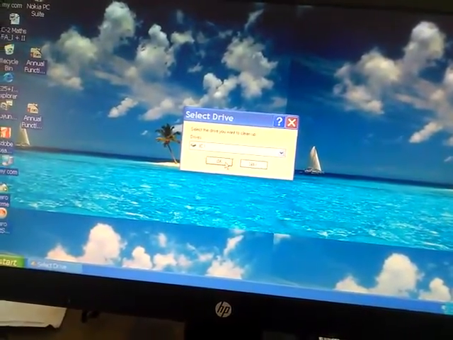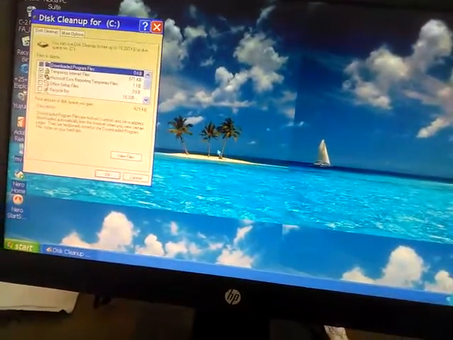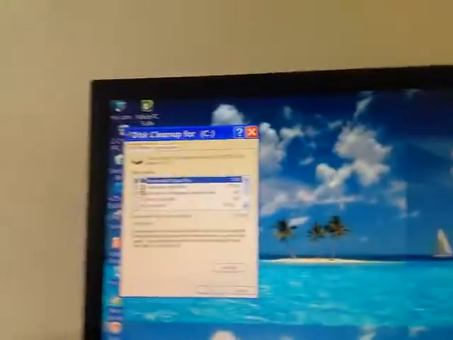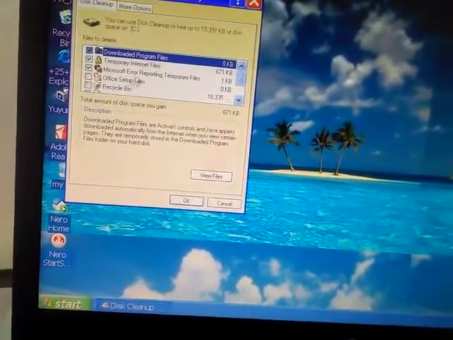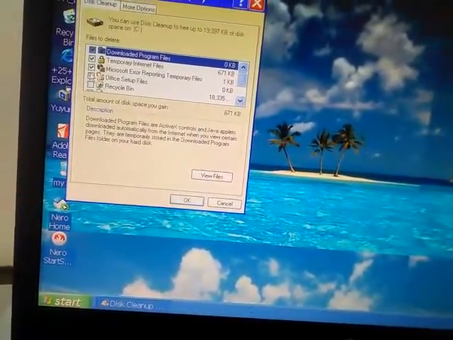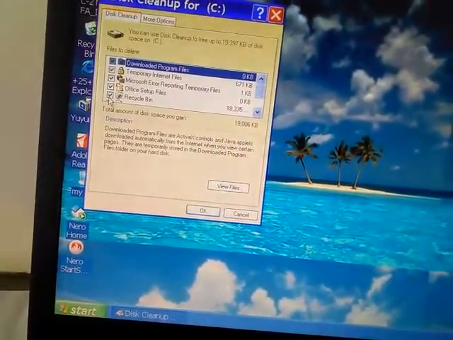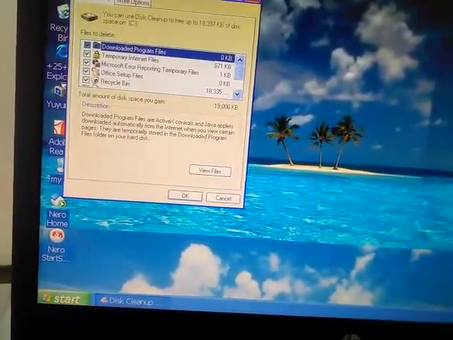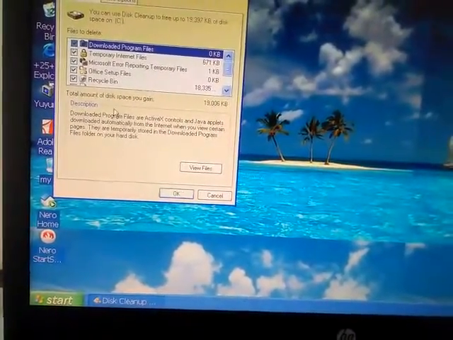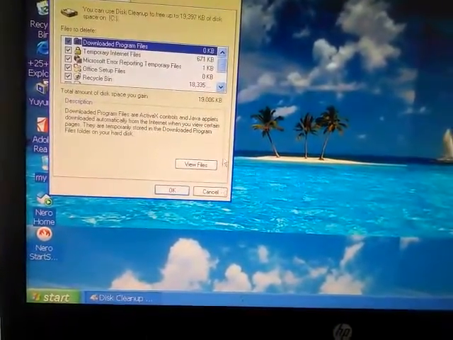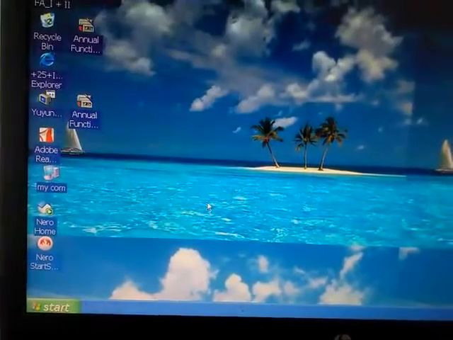Just C drive, after that clean up. Which type of file you will clean up from C drive? When you click like this, that file will be removed from C drive. But I do not want to clean up here, that's why I am clicking the Cancel button.